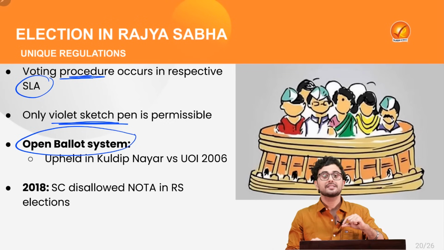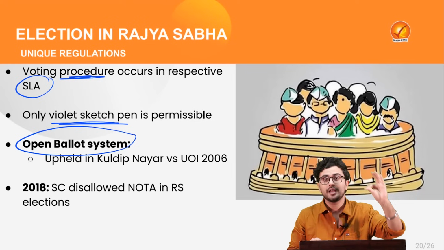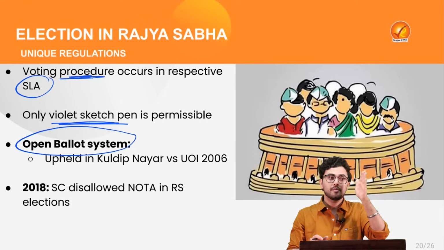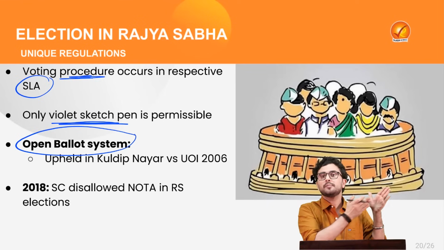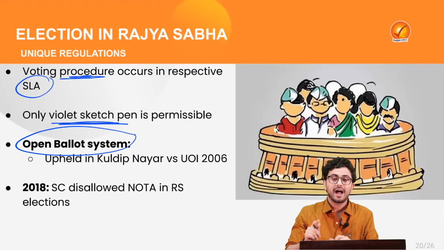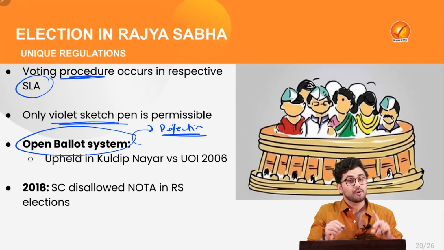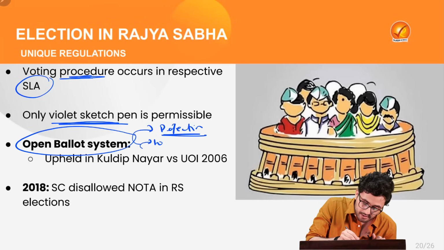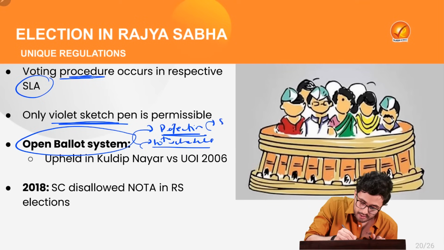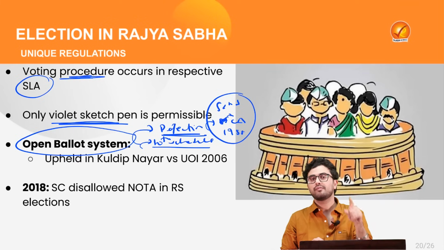where, let's say I have voted for one particular candidate, candidate A, then I am going to show that ballot to a particular agent appointed by the party I belong to, which in most cases can be the party whip. If I have not voted on the party line, then that will become a case of defection, because I have not followed the order of the whip, and under the 10th Schedule, or the 52nd Constitutional Amendment Act of 1985, I will be held as disqualified because I did not follow the party